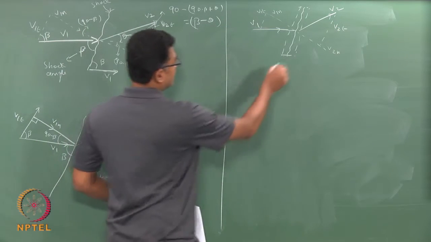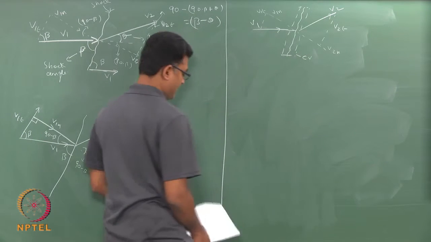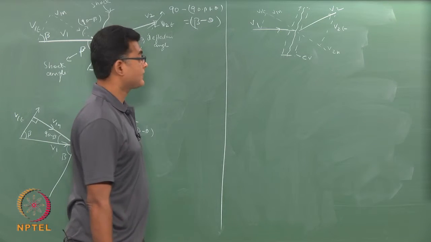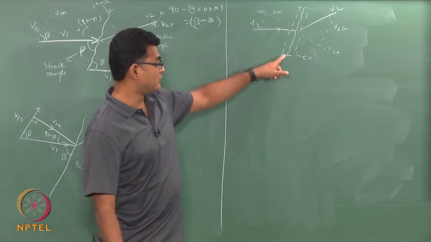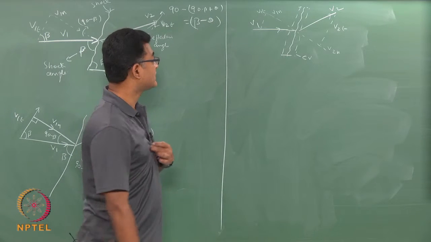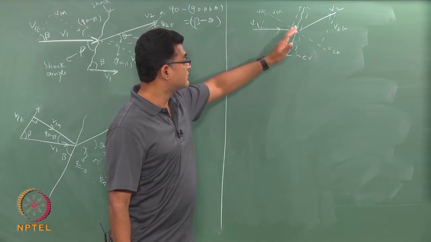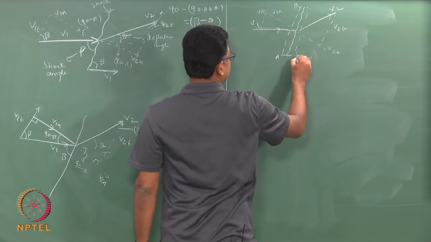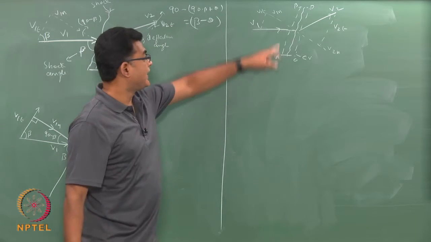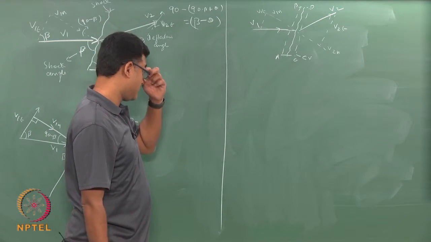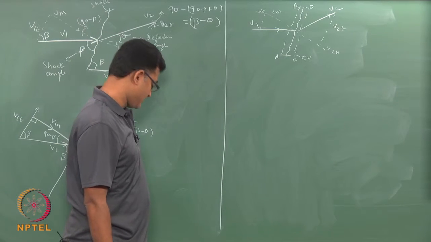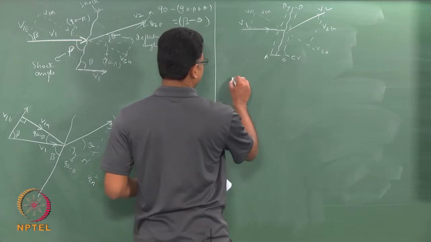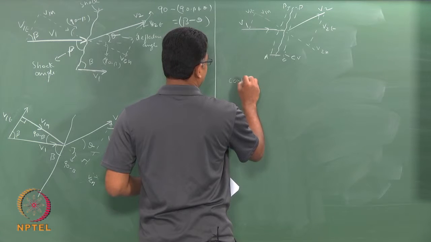Now I am going to apply the control volume approach or the mass conservation around this particular control volume, that is around the shock. Okay. Assuming the thickness to be very small and there is no fluid that is going through the other direction, the only fluid that is crossing here is through the face, so this is A and B, C and D. The fluid is crossing only A, B and C, D. Okay. There is no fluid that is crossing AC or BD. If that is the case, then I can apply my continuity equation or mass conservation equation.